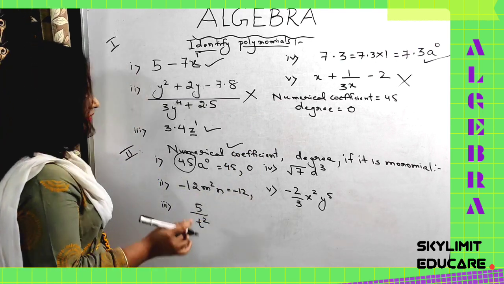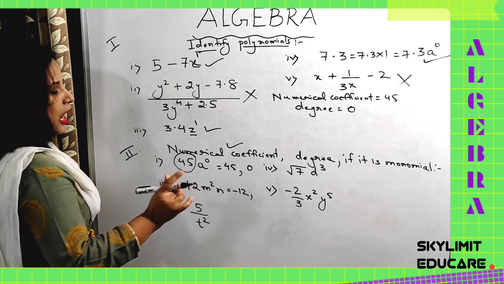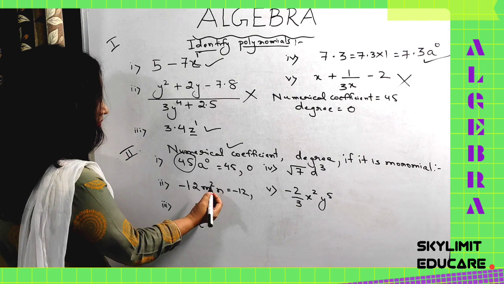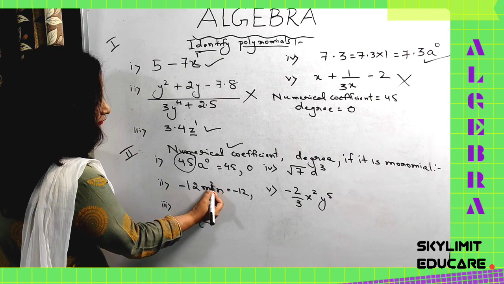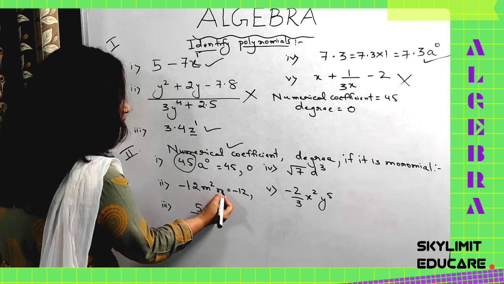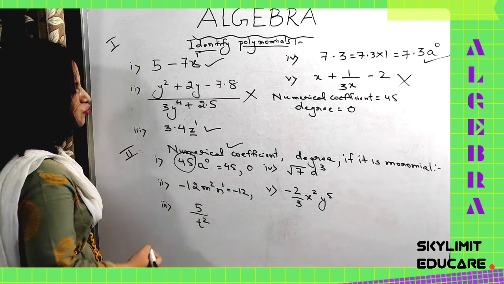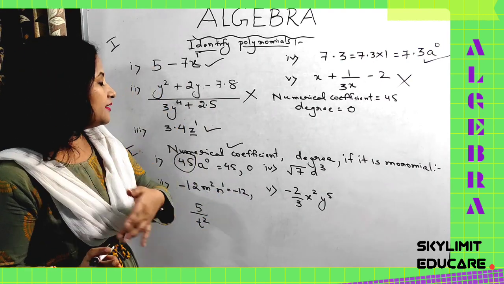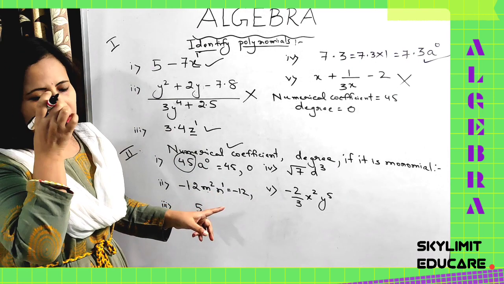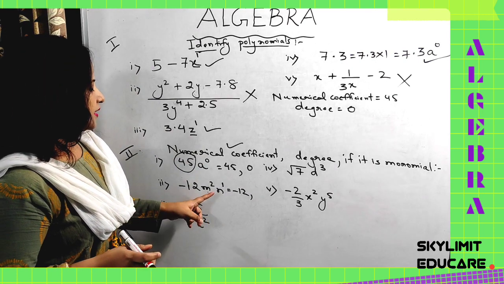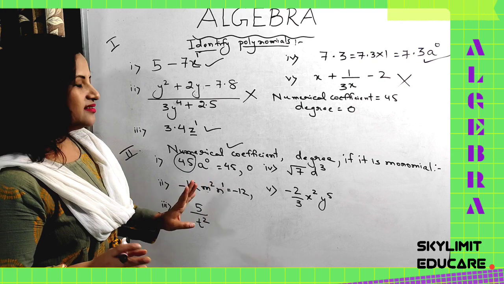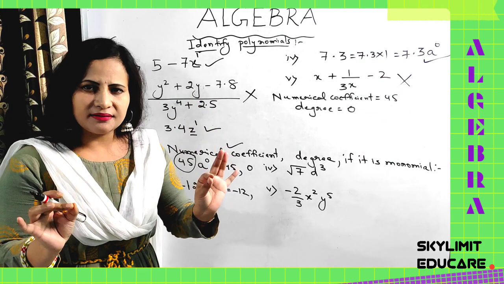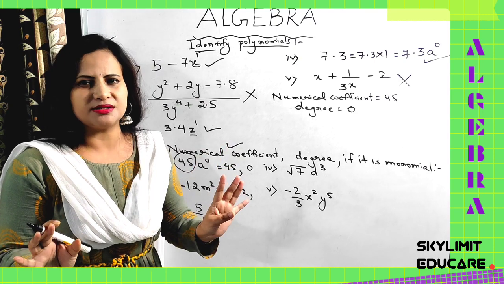And what is the degree here? How will you calculate the degree of the polynomial? See, degree of the monomial, m square n. What is the power of m here? 2. And what is the power of n here? 1. So add these two powers. Now don't follow the exponent rule here, okay? You have to add the exponents even if the base is not the same in this case. So don't worry about that. You have to simply add 2 plus 1, 3. Okay? You have to add the powers of the variables.